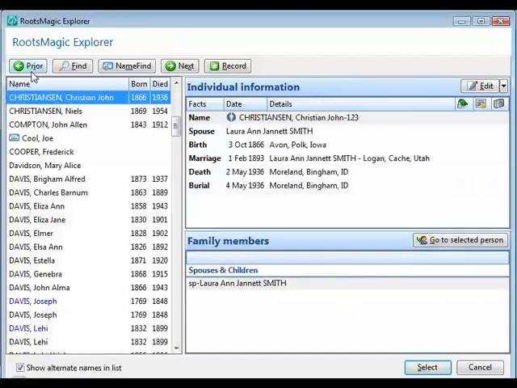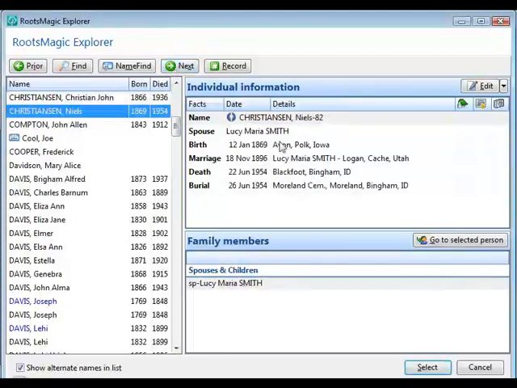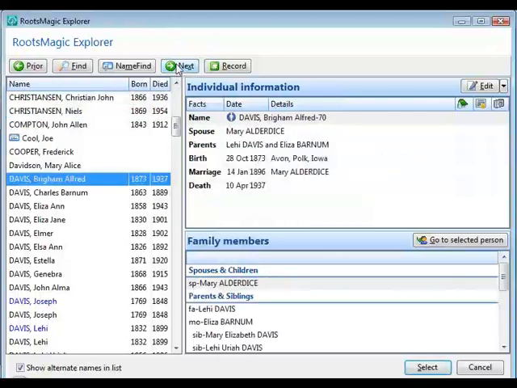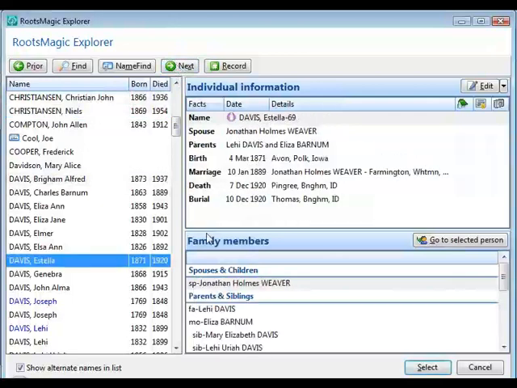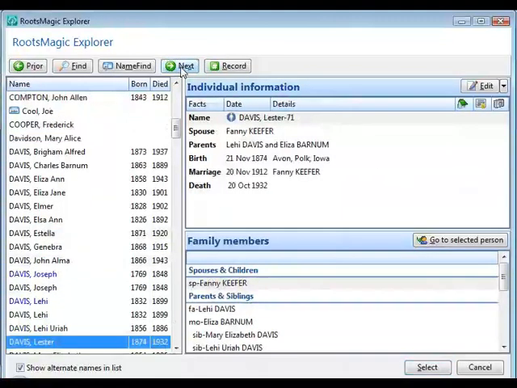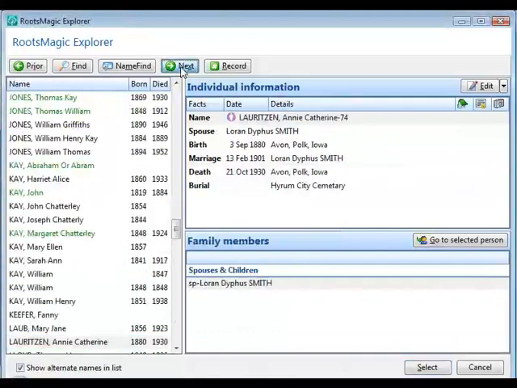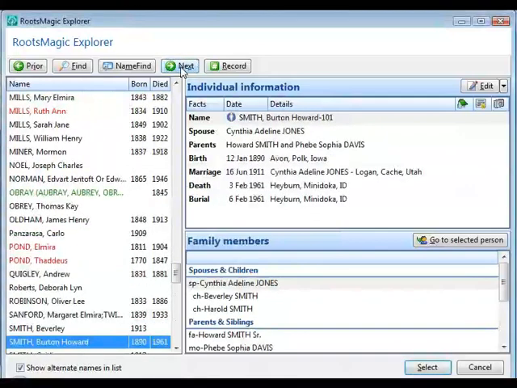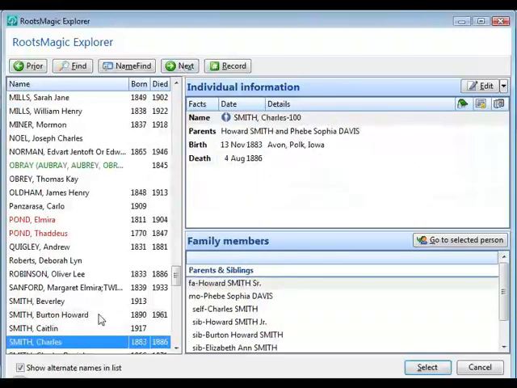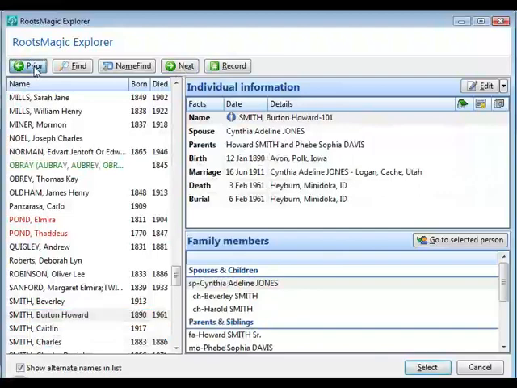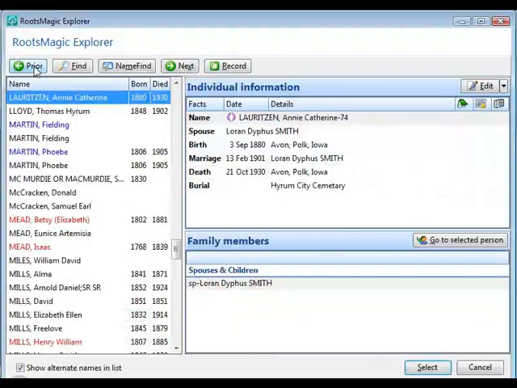And now I can use Prior and Next to go back and forth. So I'm going to find the next one. There's the next one. And the next one. And the next one. And as I go through these, you can see every one of them has a birthplace that contains Iowa. And I can keep doing Next until I get to a point where it says there are no more. Okay? If I overshoot what I'm looking for, I can click Prior to go backwards through that list. It goes to the previous one that has that. So I can use Prior and Next to go back and forth through the list of all the people who were